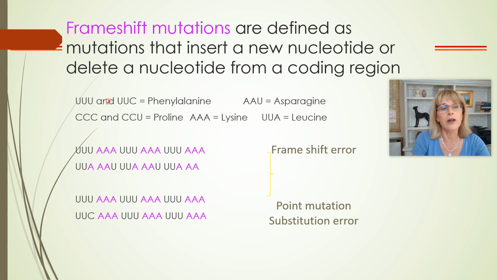Because it turns out that UUU as a codon and UUC as a codon, they are both codons for the same amino acid. So that means, for those of you keeping track, that there was a mutation in the DNA. It is a point mutation, and it changed one codon to a different codon, but it didn't change the amino acids,